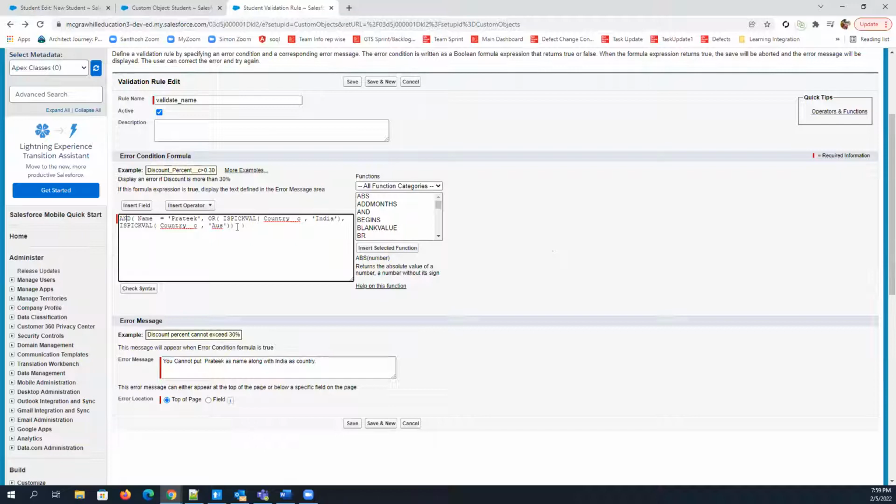So here, as Chetan has suggested, we can use AND, because we are checking two different conditions. In the first condition we are simply checking Pratik, but in the second condition we have multiple values. So country name can be India as well as Australia. In both cases, the validation should show, right?